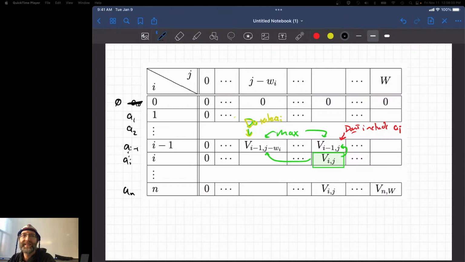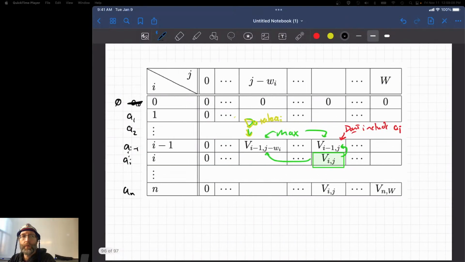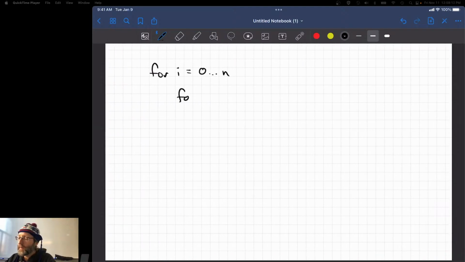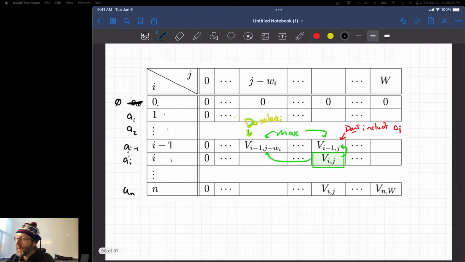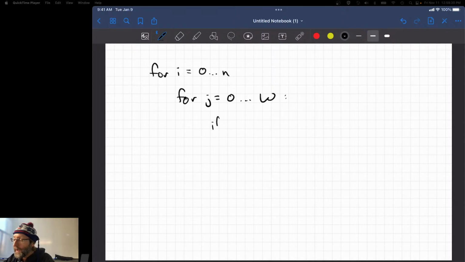I and J. Should be pretty easy. For i running from 0 up to n, that's column-wise for each row. For j running from 0 up to w, do the following. V sub ij here is going to end up being the maximum among these. So you need to first check for feasibility. If